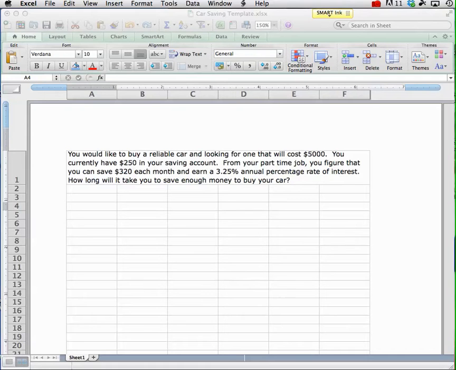You'd like to buy a reliable car. You're looking for one that's going to cost about $5,000. Now you currently have $250 in your savings account, and from your part-time job, you figure that you can save $320 a month, and you're expecting to get a 3.25% annual rate of return on the interest that the bank